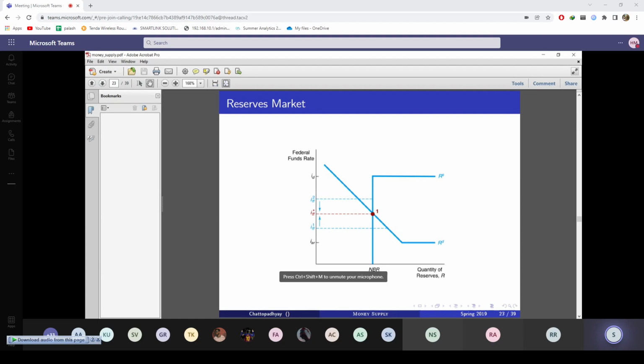We will see that when the borrowed reserves come. Initially, in this simple diagram, there are no borrowed reserves. I only have non-borrowed reserves. One source of non-borrowed reserves is open market operations. We have seen that when the central bank sells or purchases bonds, reserves change, and that is non-borrowed reserves. The reserves are reflected in the balance sheets of the central bank and the commercial bank just through market transactions. That is non-borrowed reserves. Okay, so this negatively sloped portion of the reserves demand curve says that when the interest rate